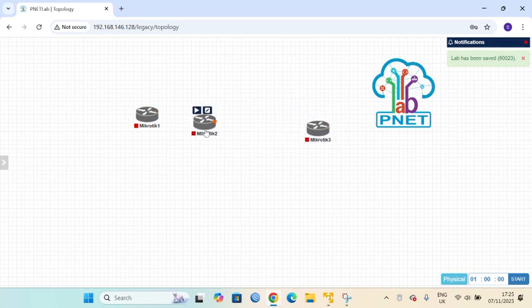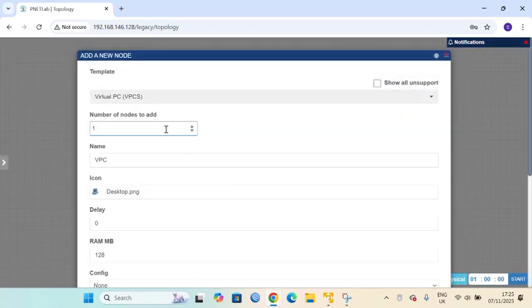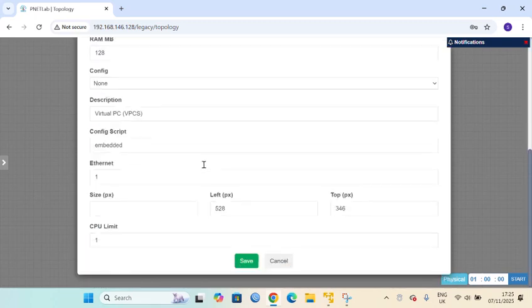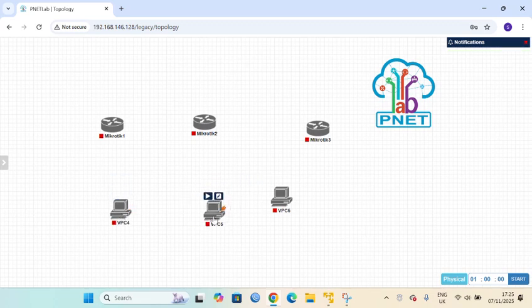So we will make the topology like this. We activated the MikroTik and the PC.